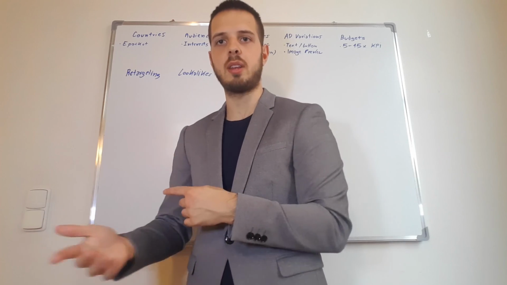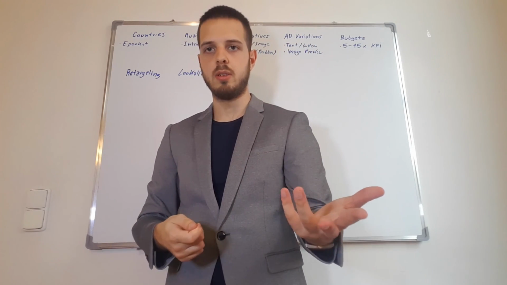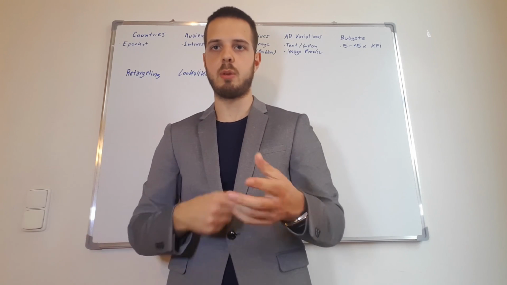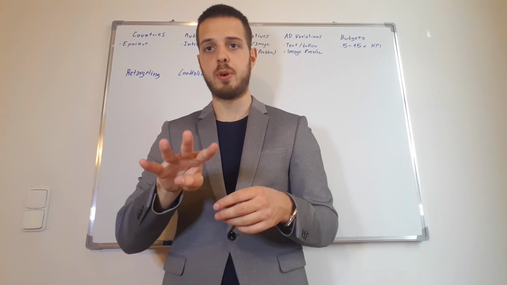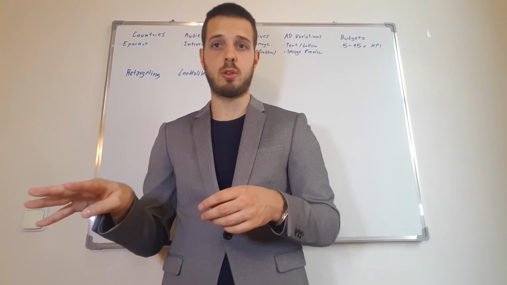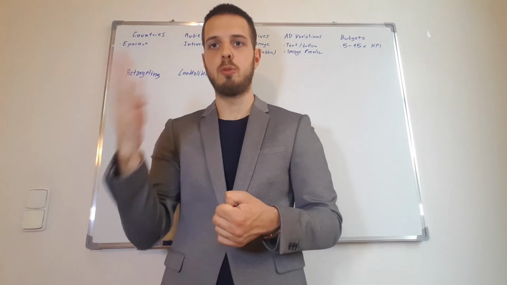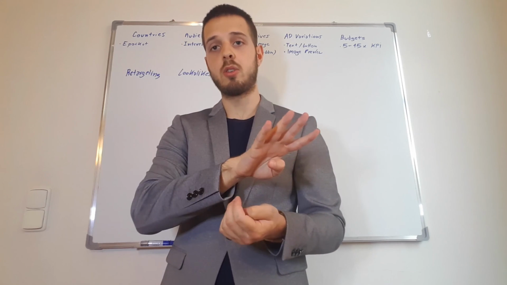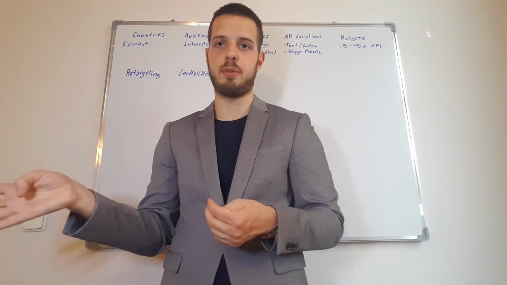If they're not, try different angles. So you will try with different ad creatives, you will try with a different video, you will try with a different image, you will try with different photos. And so you simply take these four different ad creatives that have two different interests, and you simply duplicate them, and one they're going to be with one video and the other ones are going to be with the other video. So you will have 4 and 4, right?